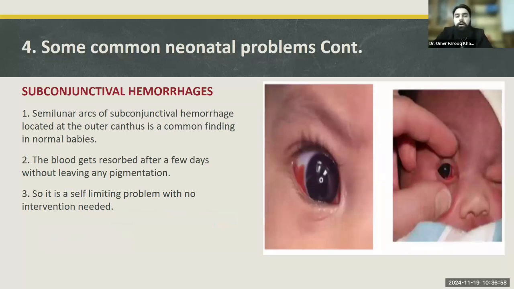Subconjunctival hemorrhages. All of these problems that I am sharing with you are the commonest problems. There are some rare problems as well, but these are the commonest problems which we encounter. Some of these problems we already discussed in our previous class. That is why I'm not going into details of vomiting, diarrhea, or constipation, because I already discussed vomiting, diarrhea, constipation, excessive sleepiness, insomnia, etc. at the end section of our previous class.